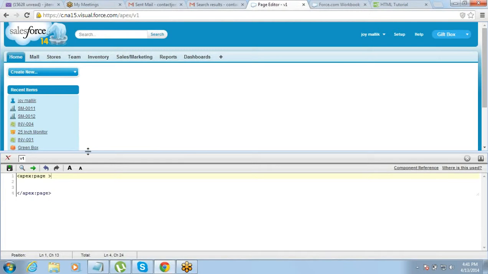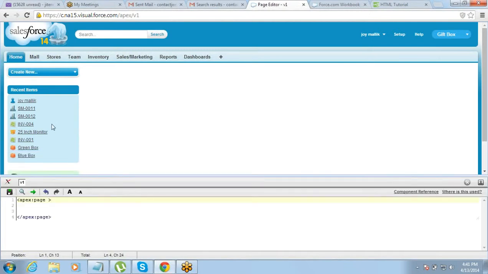Like in case on this page you do not want to see the sidebar. On the page, the sidebar is coming automatically by default. But let's say I want to design a page where I don't want to see the sidebar. So the apex page tag has an attribute called sidebar. If you say sidebar equals false, it will remove the sidebar.